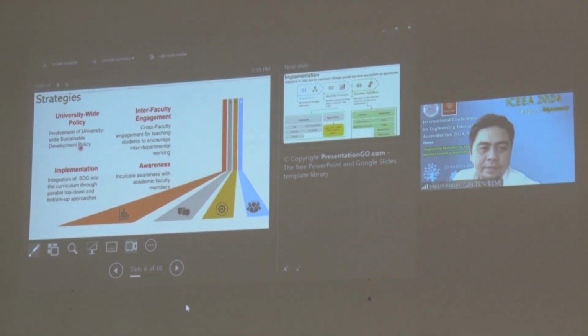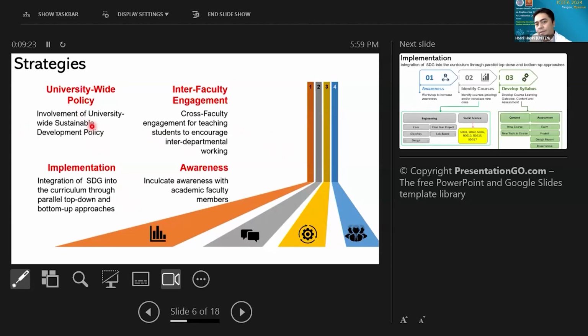You can have a university-wide policy, which generally comes from the top. Some institutions already have an established policy on sustainable development. If that is the case, I believe the implementation into the curriculum will be much easier compared to those without any.